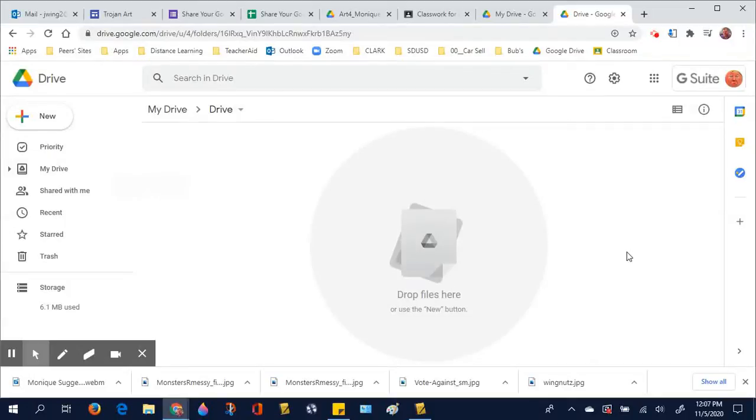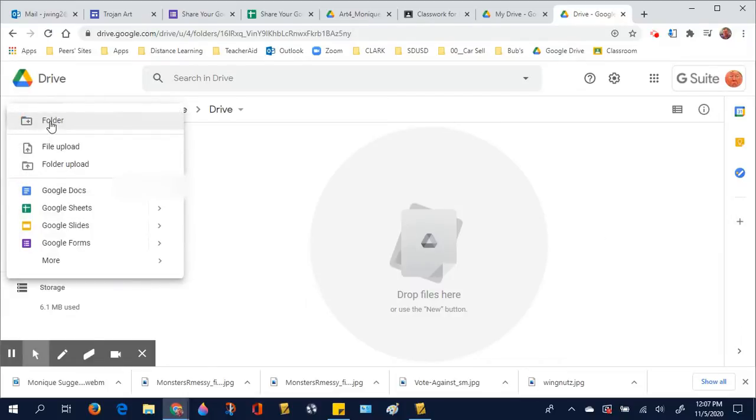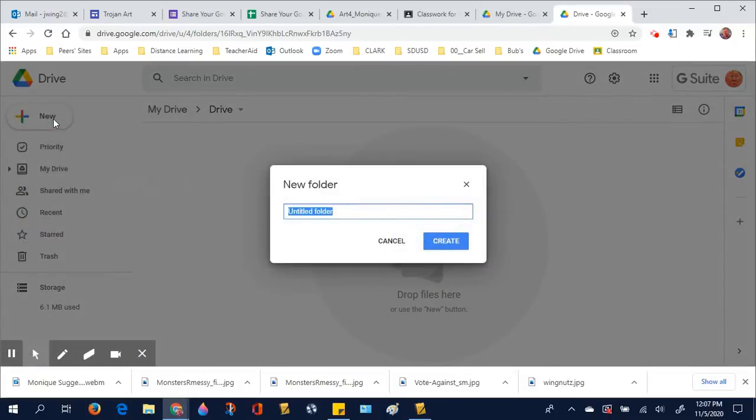This is how you create folders in your Google Drive and share them with your teachers. I'm going to go to New, Folder, and I'm going to call this 8th grade, just as an example. It could also say 6th grade or 7th grade, depending on what grade you're in. Then I'm going to create that folder